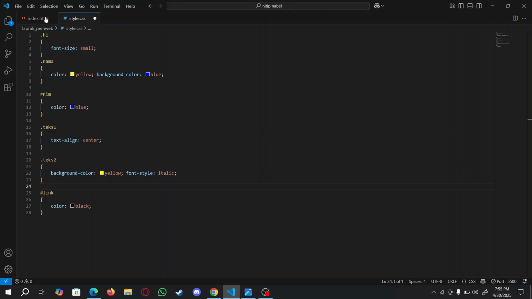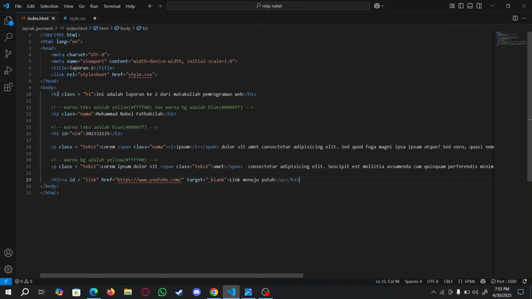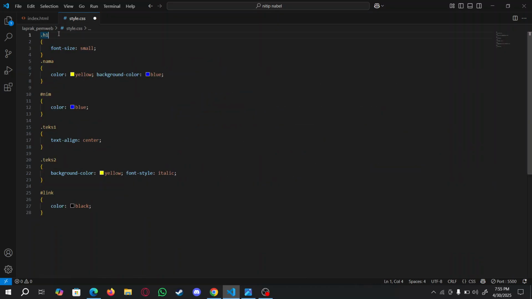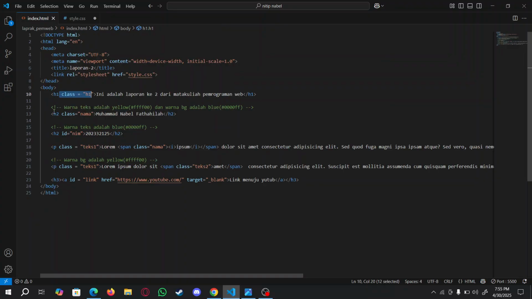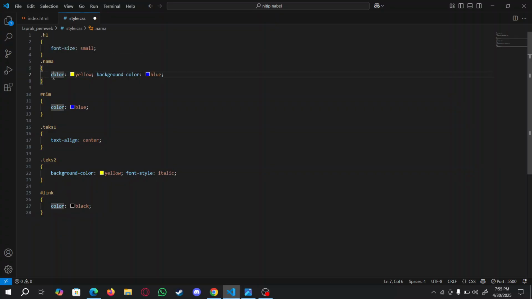Next, we go to style.css. For h1, for this section, I use the class called h1, which is right here. A class is declared with a dot, so .h1 means class h1. I added font size and changed it to small, and then for the next line I used class nama. It will be right here.